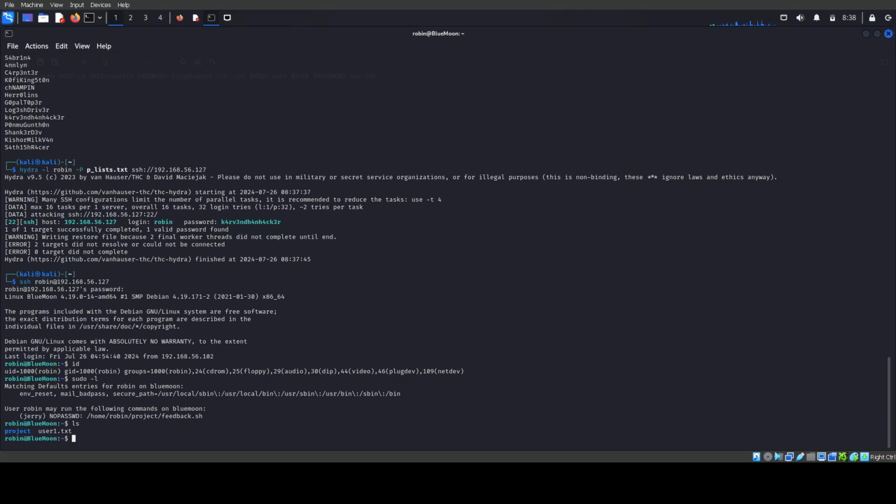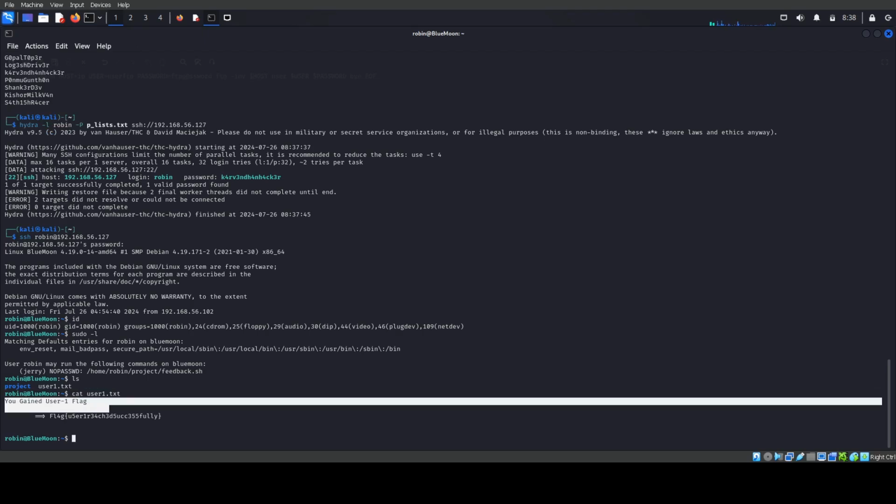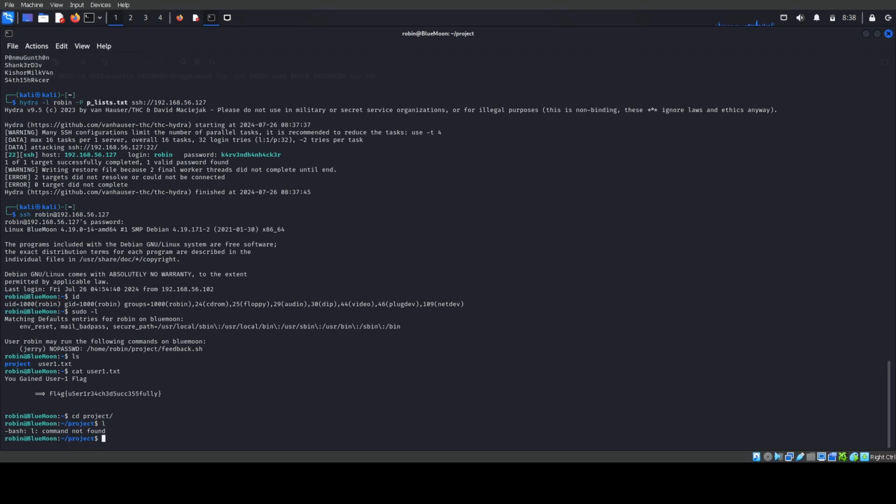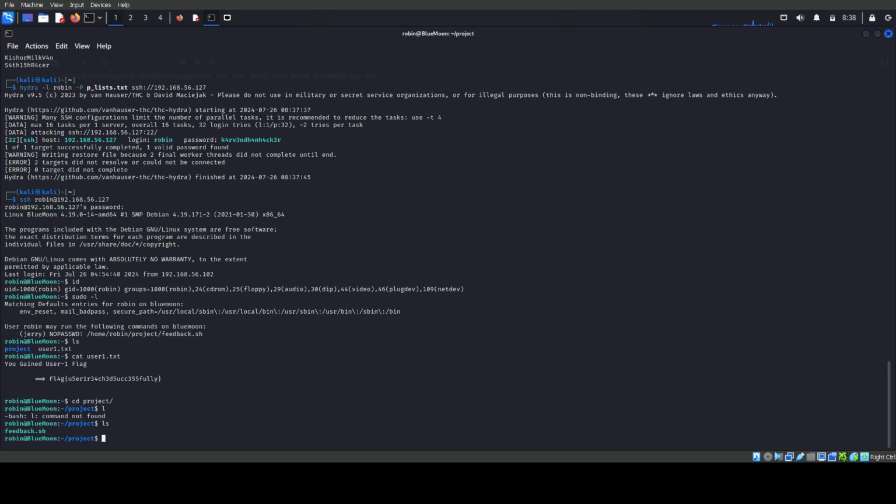But first, we'll take the first flag. There we go. We have the first flag. This particular machine has 3 flags, so 2 more flags to go. If I go to cd projects, there is a file called feedback.sh,